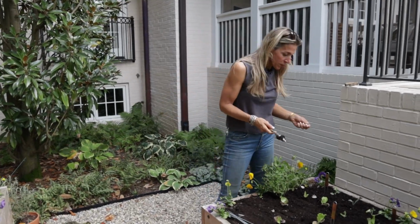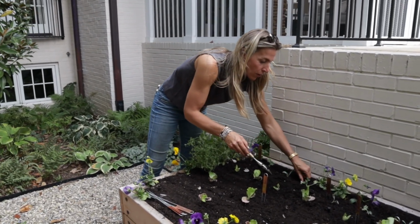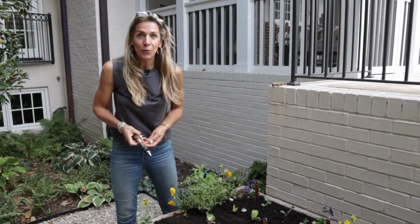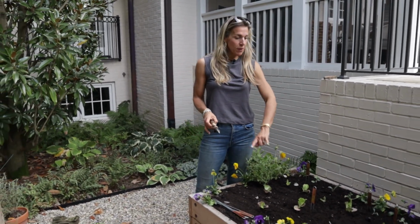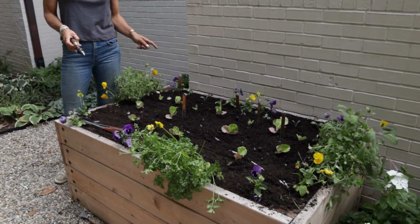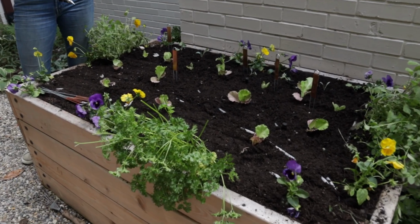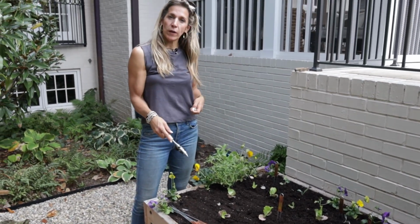We are just putting the finishing touches on the kitchen garden here, and we are ready to let this thing grow for the fall. So you can see we cleared out the tomatoes, the peppers, the cucumbers, got the trellises out of here. We added about 3 bags of compost to this bed. This is going to be our new greens bed. So we've got